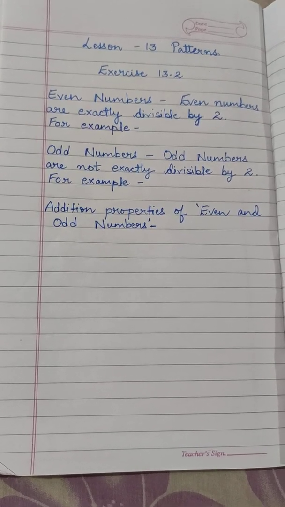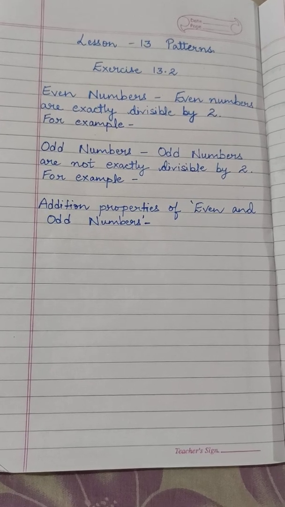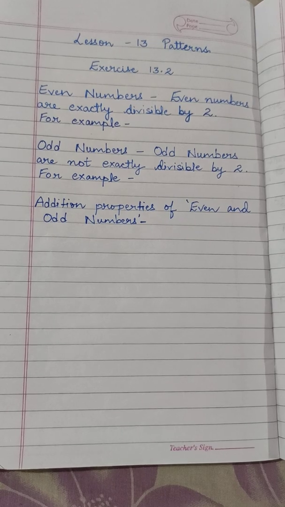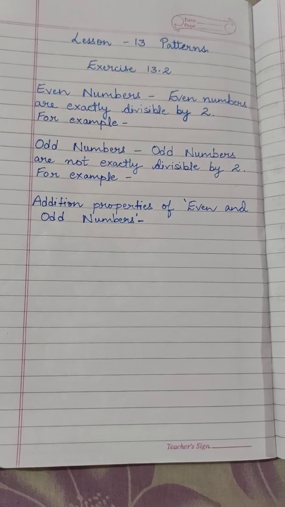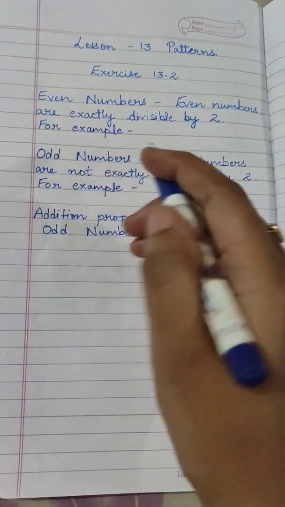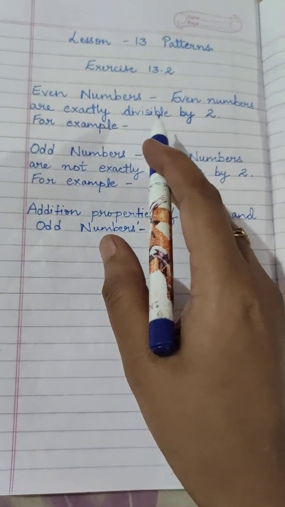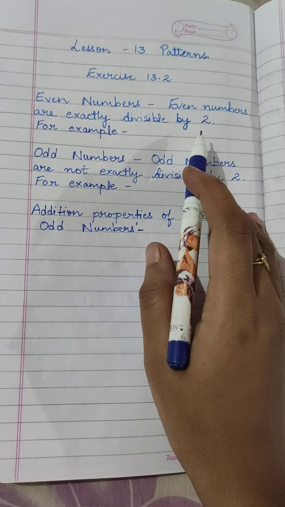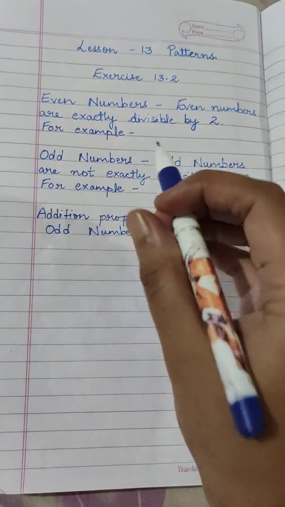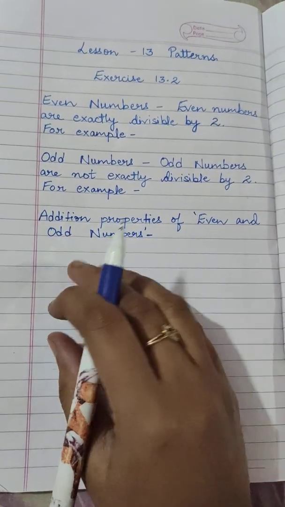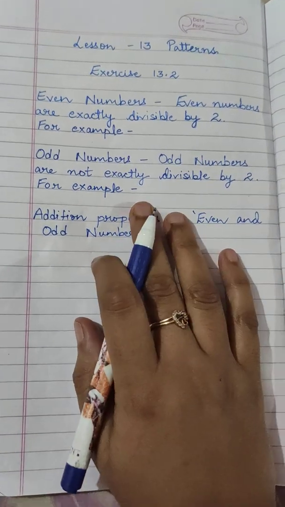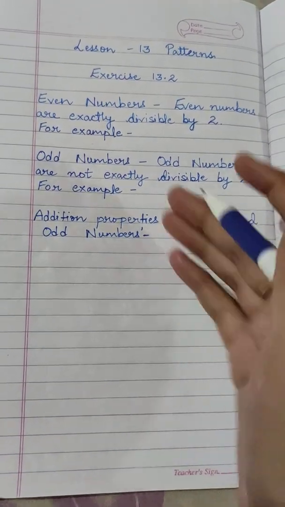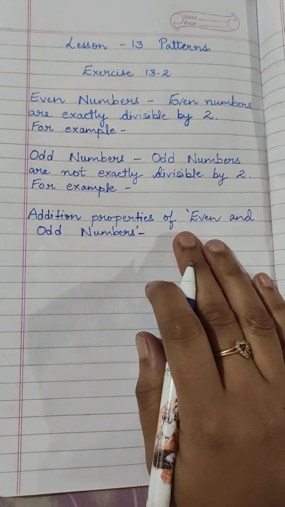Children, as you know, we are on lesson 13, patterns, and today I am going to teach you even numbers and odd numbers. Children, even numbers are exactly divisible by 2, or in an easier way, we can say even numbers come in the table of 2. When you start reading the table of 2, all the numbers which come in the table of 2 are even numbers. For example,